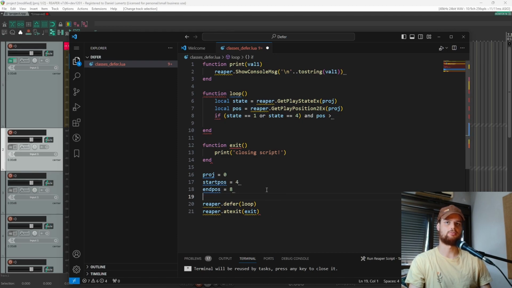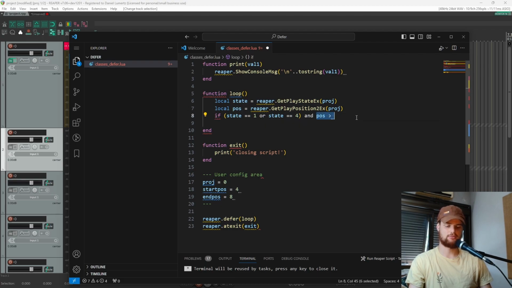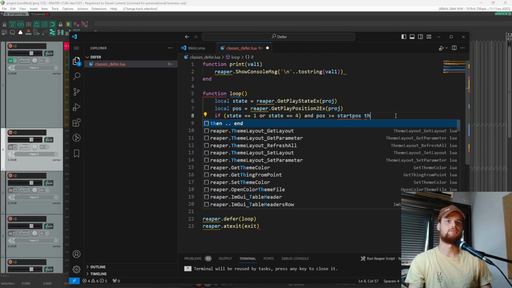This all needs to be global because it's running, we need to assess this every loop. Of course, for this example, you could make it local and just put it inside the loop. But if the user wants to change it as like a user config area, then sometimes you need to put these variables globally. Okay, so this needs to be true, which is if position is bigger or equal to the start position. Then,